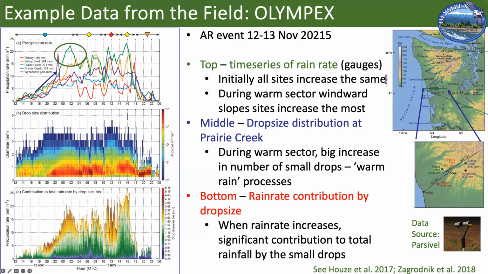And what kind of droplets are doing that? It's the small ones. That's what this Parsivel can tell me, showing the distribution of drop sizes with time. Lots of these small ones, so we have raindrops that are less than a millimeter in size. All of a sudden, we got a lot of those small guys. And what's interesting when you look at the contribution of the different raindrops is that it was the small ones that really added to the total rainfall being collected by the gauges. The small droplets that are occurring, which is actually the warm rain process, are part of what enhances the precipitation